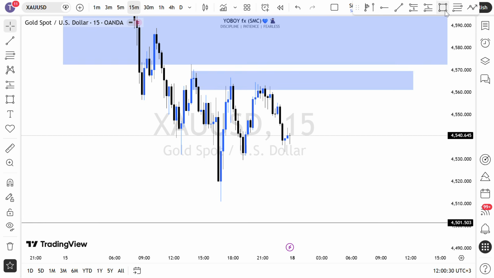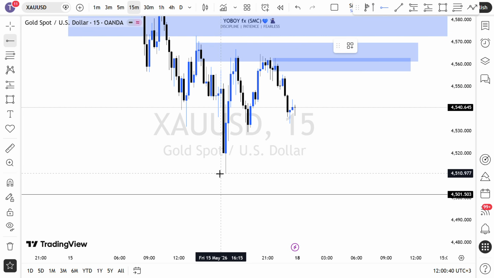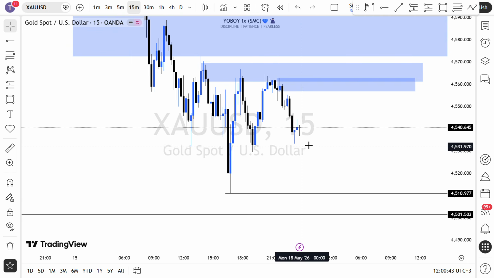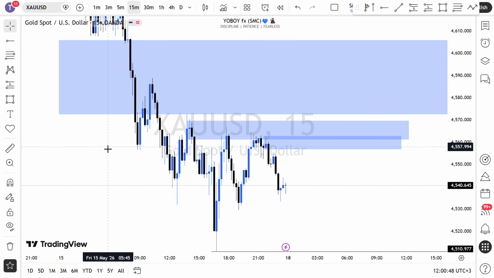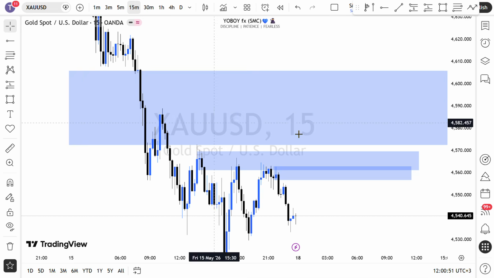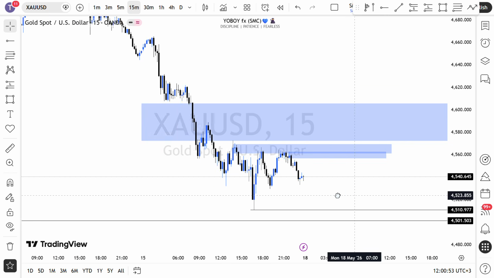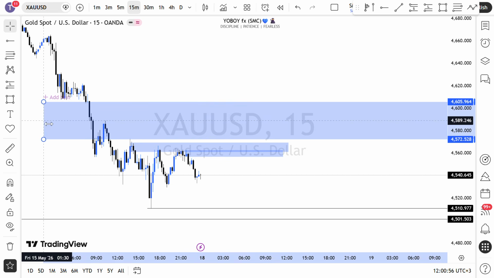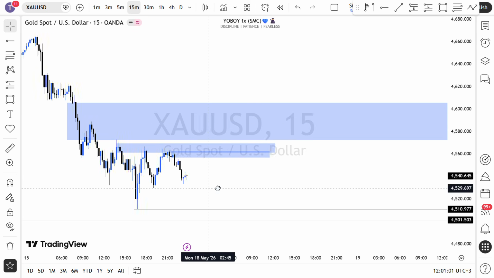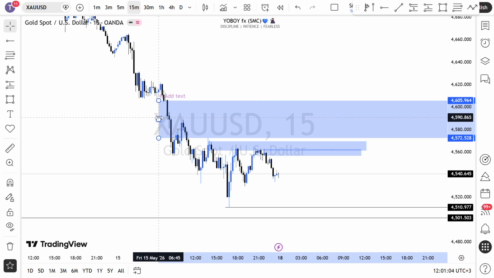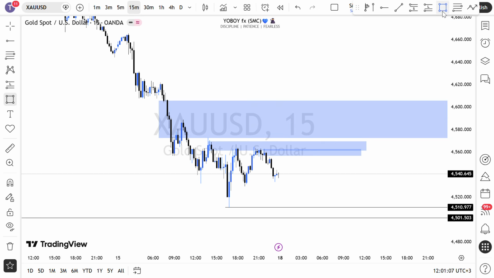Expect price to either come into this area and then we take ourselves to the downside, or if price breaks this low here, I'll surely expect this external low to be taken out as well. So my view on gold, generally, let us wait for price to come into this area here. To be precise, we have the 4 hour fair value gap up here. I'll expect price to tap into this fair value gap before moving down. Because of that, we also have this order block just above the fair value gap.